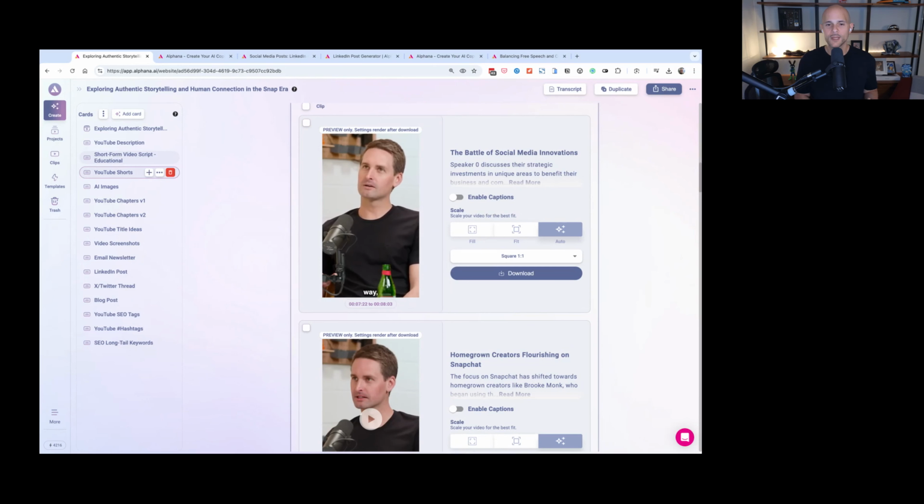That way, if you've got speakers sitting side by side, you don't want it to crop vertically right in the middle, right? And that's why you use auto, so that it can automatically detect the active speaker and reposition as it goes.